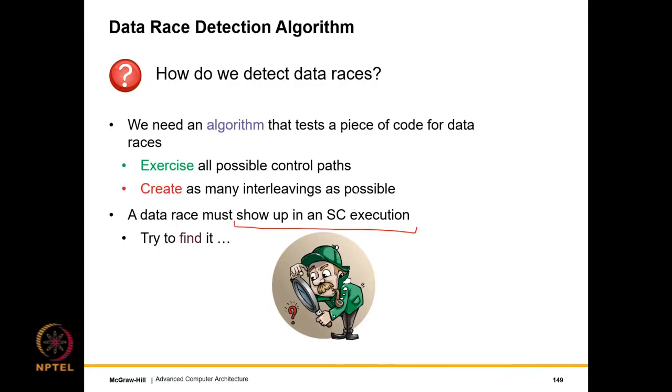Because if you think about it, if there's a complex memory model and we are creating interleavings as per the memory model, that's going to be a lot of work. But if we assume SC, then creating interleavings and different executions is far easier. But even with that, we need to exercise as many paths as possible and conclusively prove that there is no data race. And that is quite hard. There are two ways, of course, but both are reasonably hard. We'll discuss the easier one.